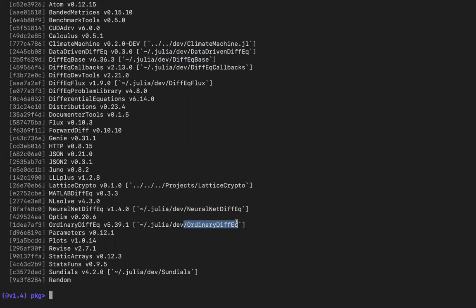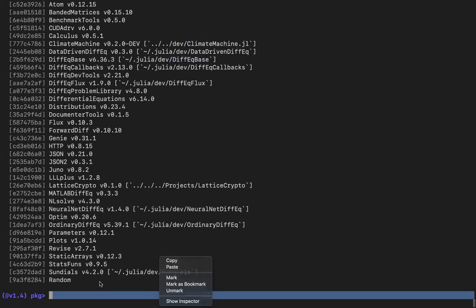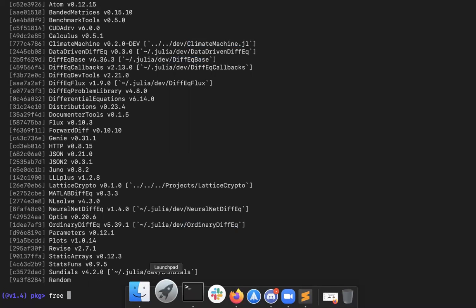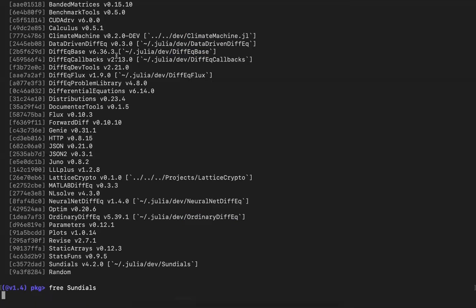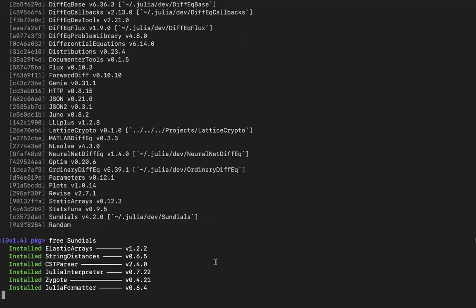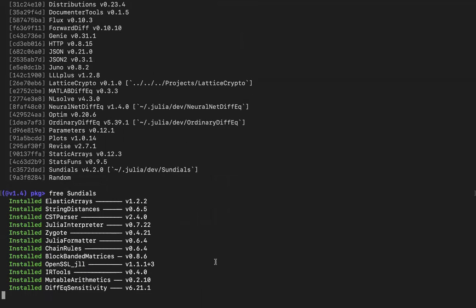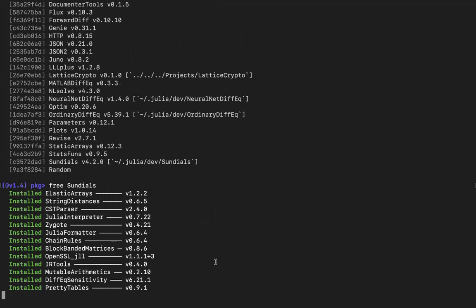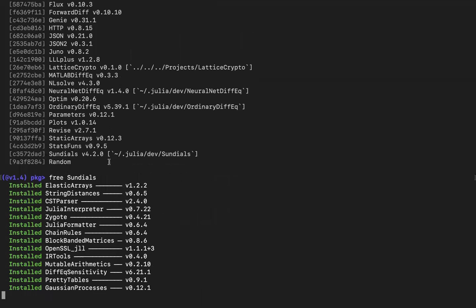The rest of the packages I don't actively work on, so the best thing is to start freeing up those packages. Even if they are dependencies of some packages or your project, it will just update the package from the development to the latest tagged version. So things will be good.